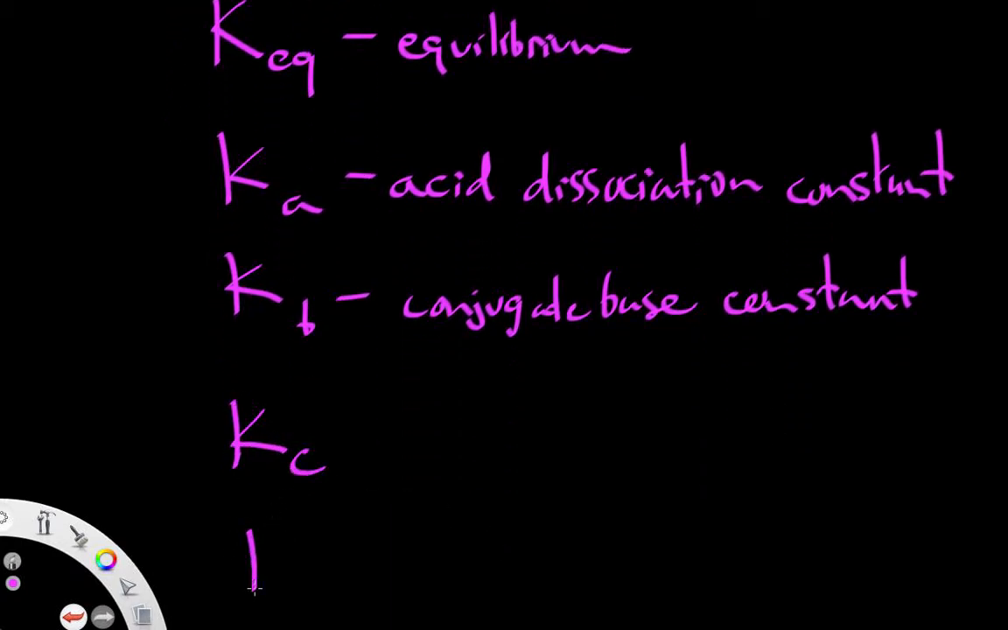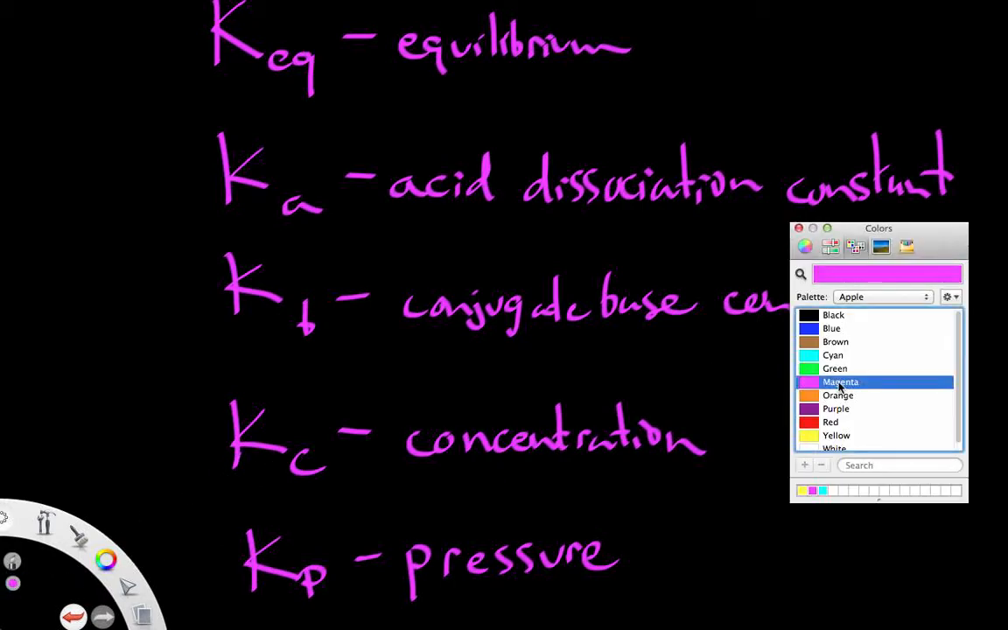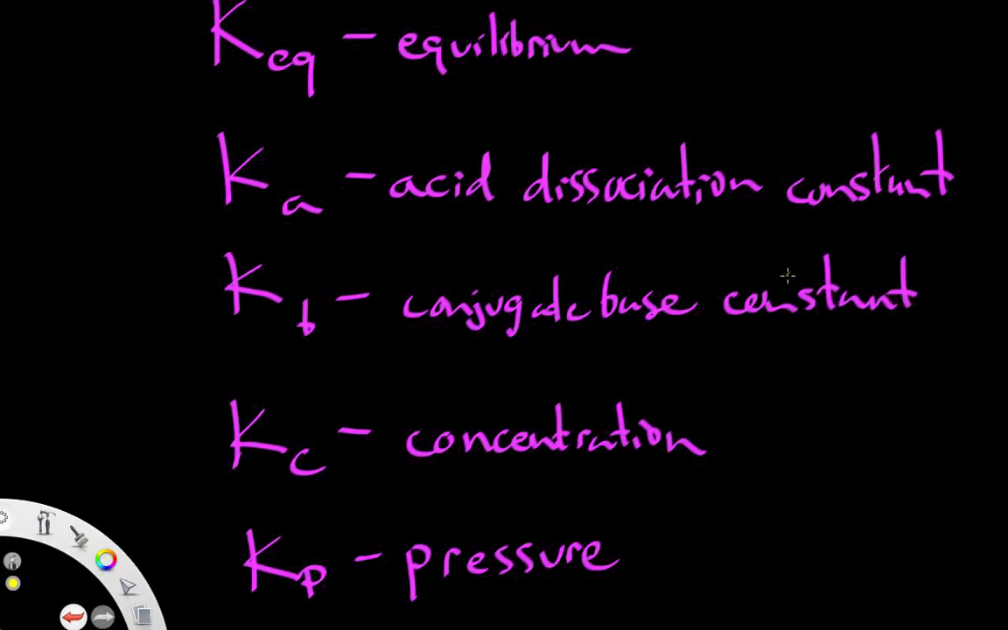Now we will also have Kc, Kp, and Kc is going to be a concentration at equilibrium. Kp is going to imply pressure at equilibrium. So you can see how there are a lot of K's, and by the way, I haven't drawn all of them. There are a lot more than this, but I just wanted to make the point that you will see a lot of K's,